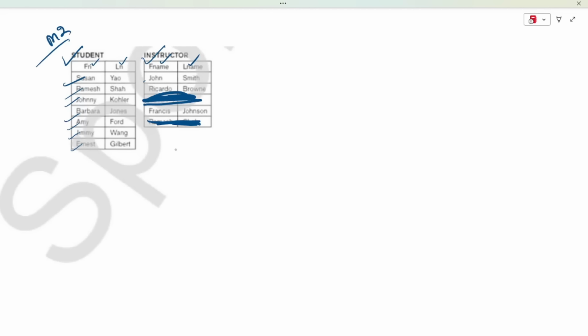Smith, bro. Yeah, these two are repeated. Next, no. See, here also you cannot see John. Ricardio also is not there, and Francis also is not there. These two you'll be remembering and removing, and you will be putting these 7 along with these